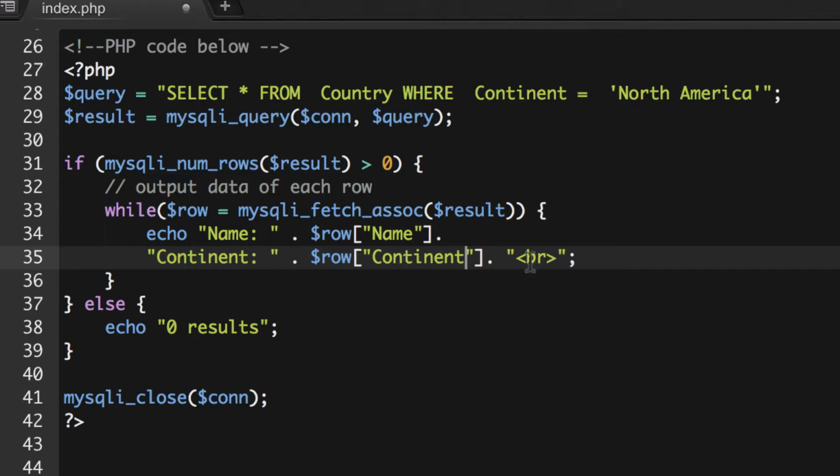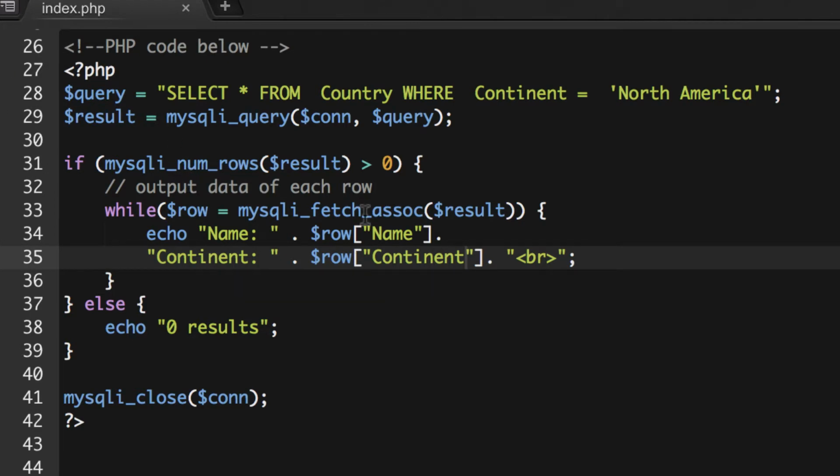And each time it does that, it's putting a line break so that it makes another row, because this is basically the way one row is going to show up. Now it doesn't matter that we have a break here. This matters because it's actually putting an HTML line break in there, so it should put each element on a separate row. And I'm going to save what I have here,